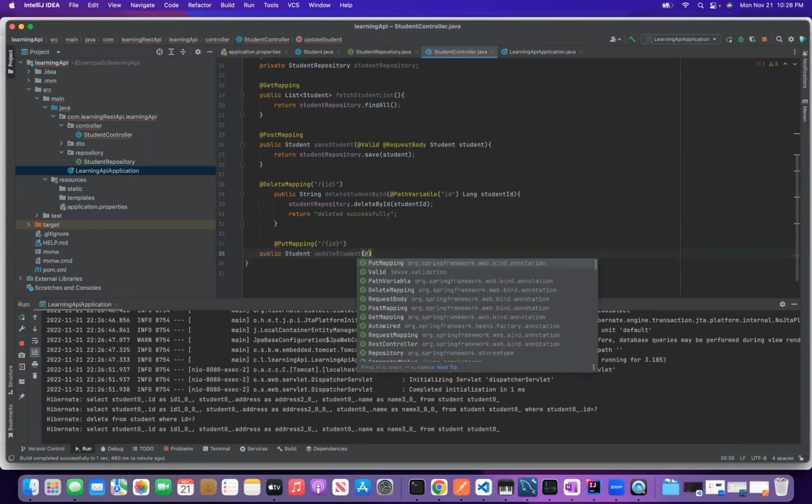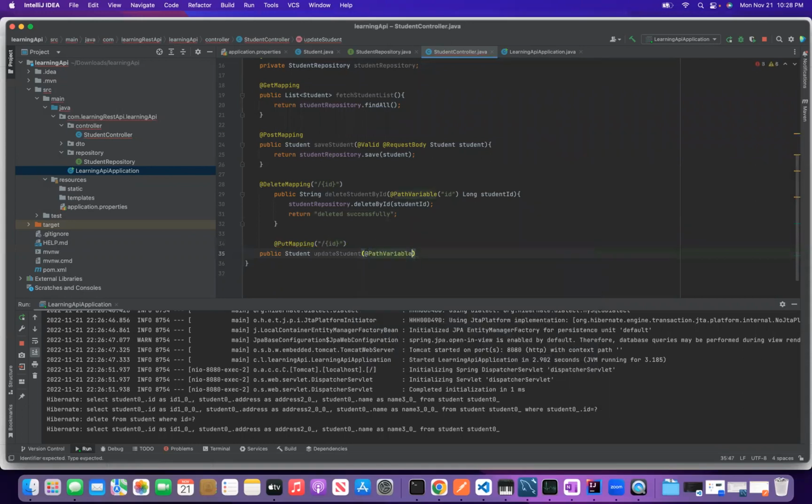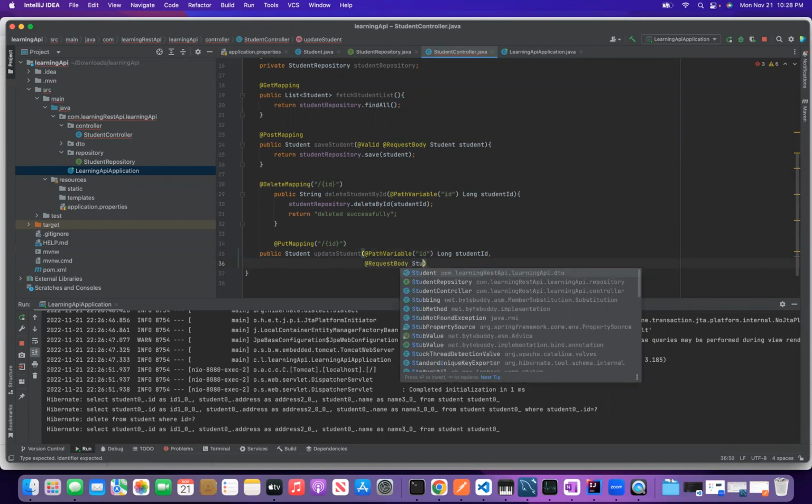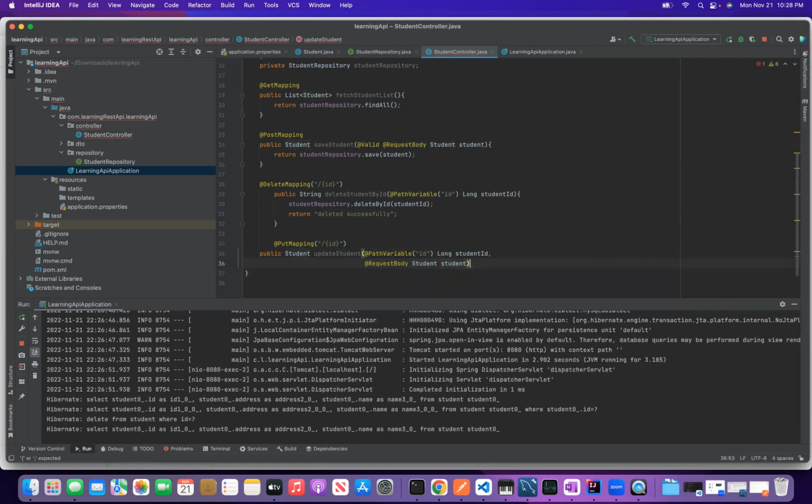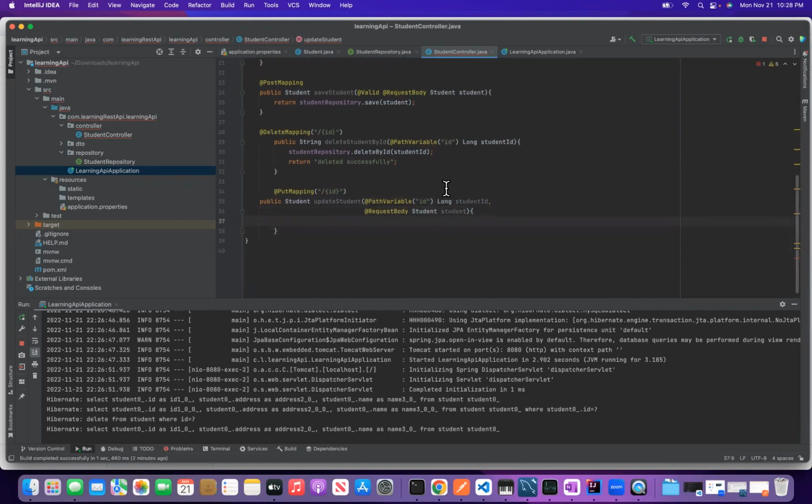And again, the path, we're gonna get the ID from the path variable, which is long student ID, and then the request body. So we're gonna again get the request body from the student,